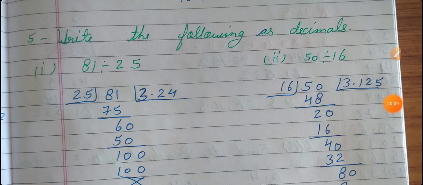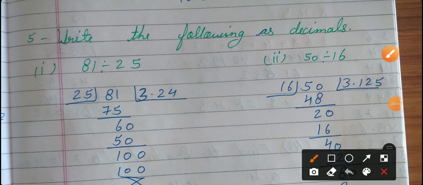Second, 50 divided by 16. 16 as a divisor, 50 dividend. It is going 3 times, the starting 48. 2 is left here. Okay. After the 2, no more digit in the dividend. To take this with 2, that's why we will put the point and we can increase here 0 if we need to complete this division.